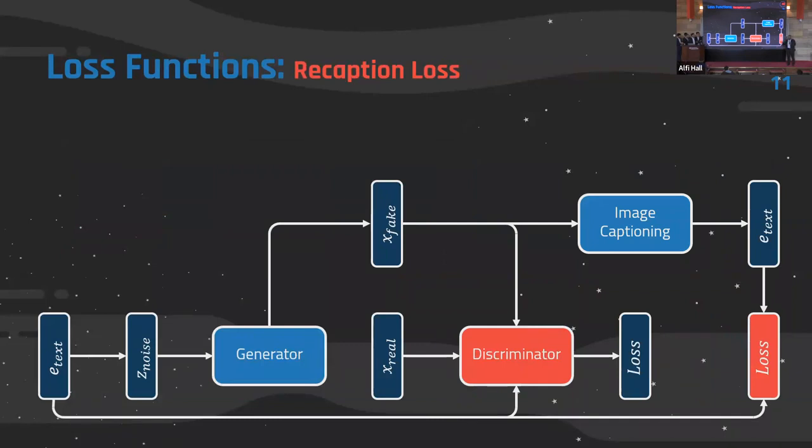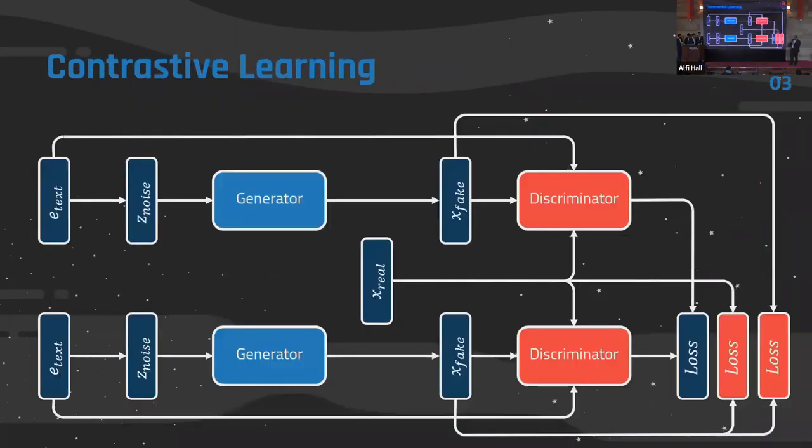To complete the picture, we have now matched the images together and the text to image, and now we also want to add the block that matches the text to text. To do this, we introduce the recaptioning loss, which recaptions the generated images using the same pre-trained text encoder that we trained before, and then tries to minimize the distance between the original encoding and the generated caption. To see